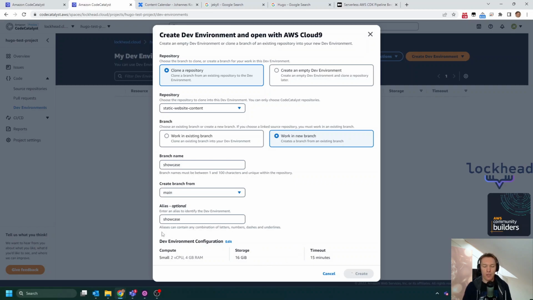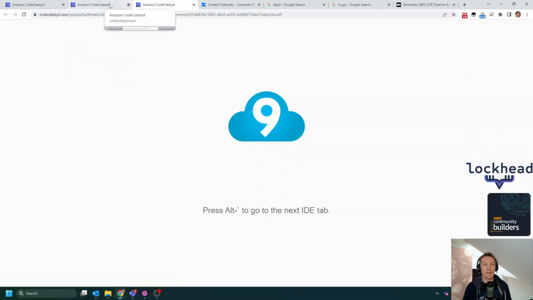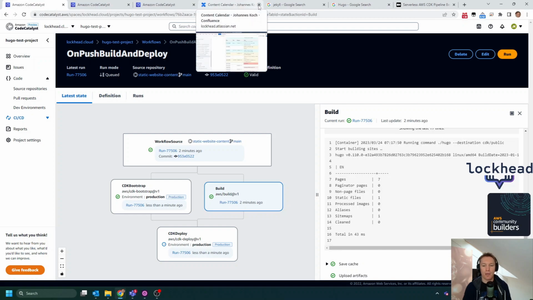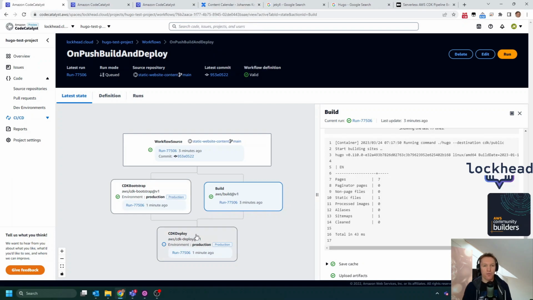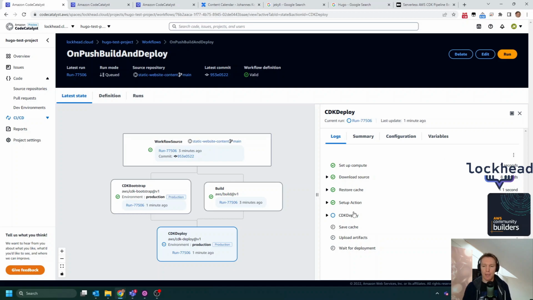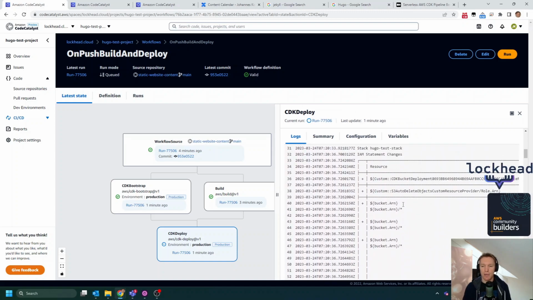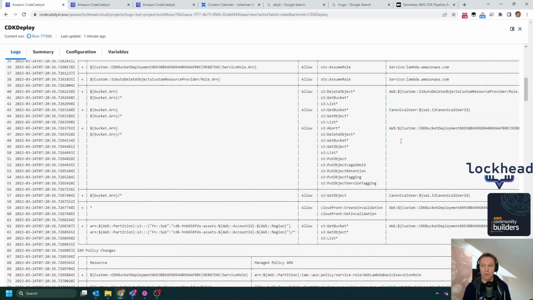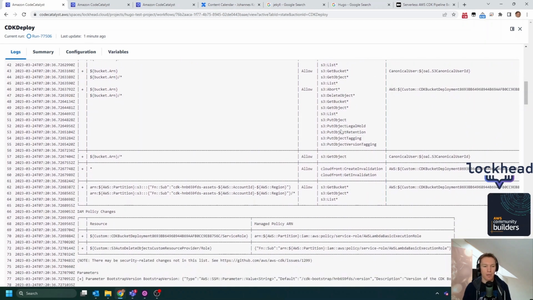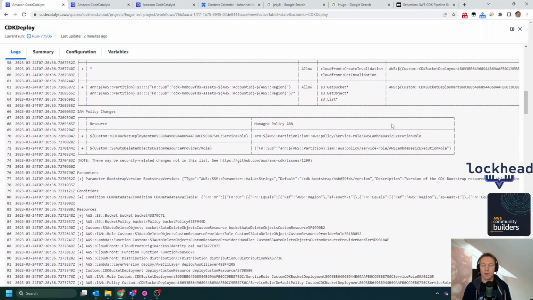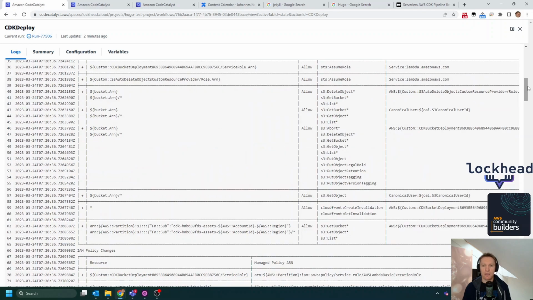So given I'm on the free tier, I'm choosing the smallest option for Cloud9, and that is going to happen now in the background. So we can see in the workflow, while we're waiting for Cloud9 to come up, that we are now over here in the CDK deploy action. That CDK deploy action will trigger the deployment of our stack. As you can see on the right under this output, the objects that will be included are written down here. The deploy action is automatically started with